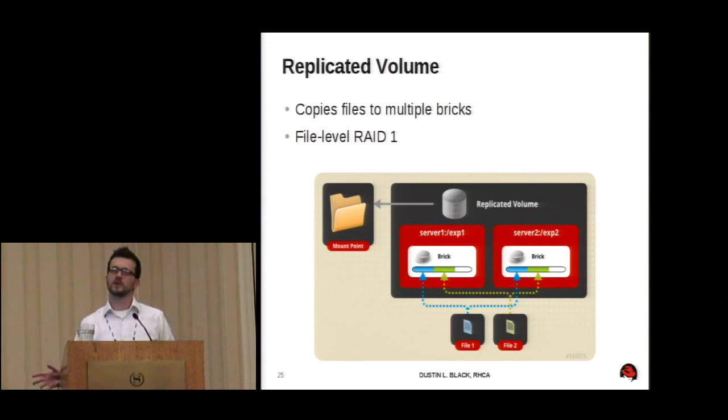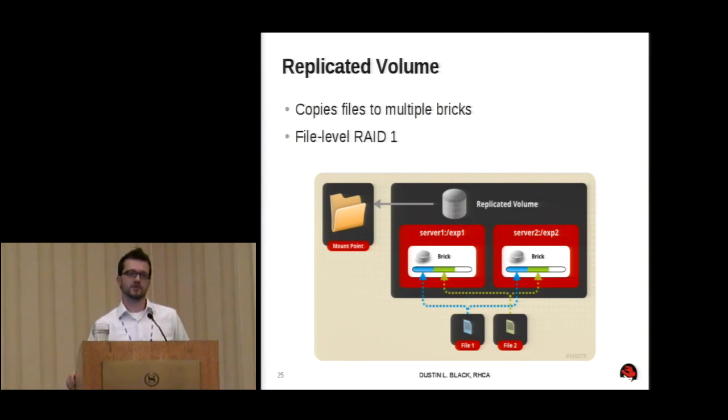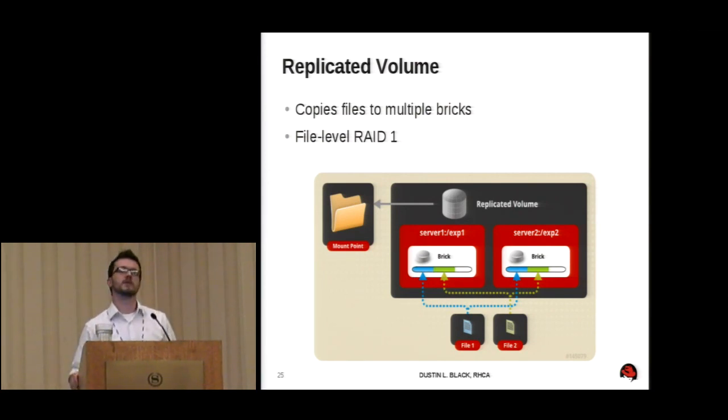So look at another basic scenario. Instead of distributing, we're actually going to tell Gluster, replicate. We're going to give it a command that says, okay, when you build this volume, you've got these two bricks, but now instead of distributing among these bricks, copy it to both places. Again, you can think of this roughly as file level RAID 1, and you can see that every file that gets written is getting written to both bricks in this case.